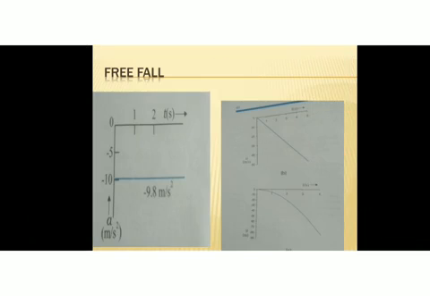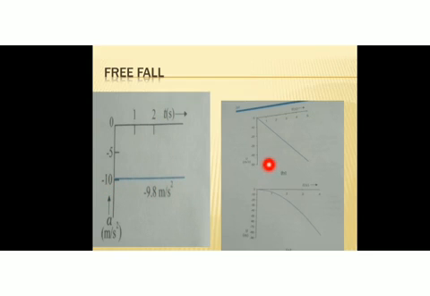Now here are some of the graphs, acceleration time graphs for different cases of free fall. The first graph represents how the acceleration varies with respect to time. You know, for a free fall, acceleration is constant. And what is that acceleration? It is g. So there is no change in the acceleration. Acceleration remains the same, so the graph will be a straight line parallel to the time axis. Also, it will be plotted along the negative y-axis, because the object is falling along the negative y direction. So this will be the acceleration time graph for an object under free fall.